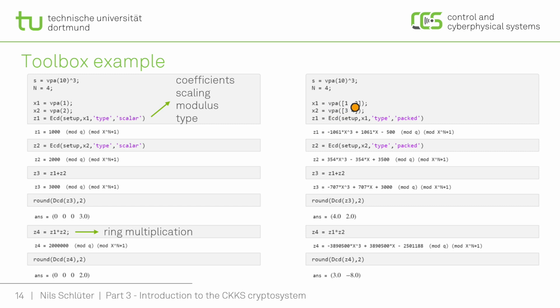We have 1 and minus 2 in here, and 3 and 4 in the second plain text vector. These are then encoded. We can see that the polynomials now look a bit different. But then if we decode our values, we get 4 and 2 as expected, because 1 plus 3 is 4 and minus 2 plus 4 is 2. And for the multiplication, we get here 3 and minus 8, so component-wise multiplication,